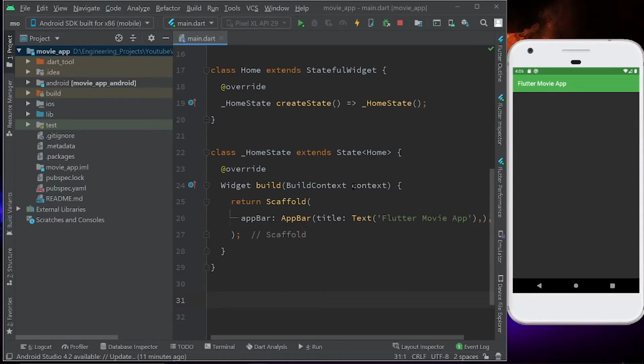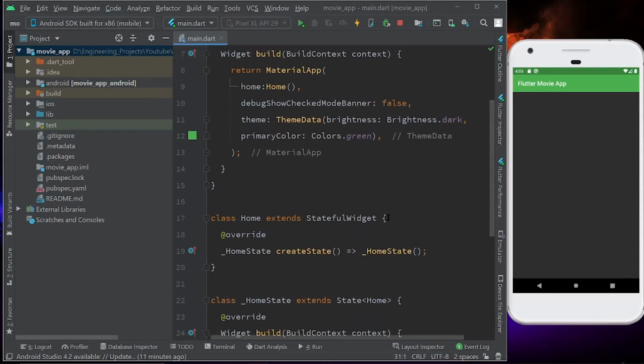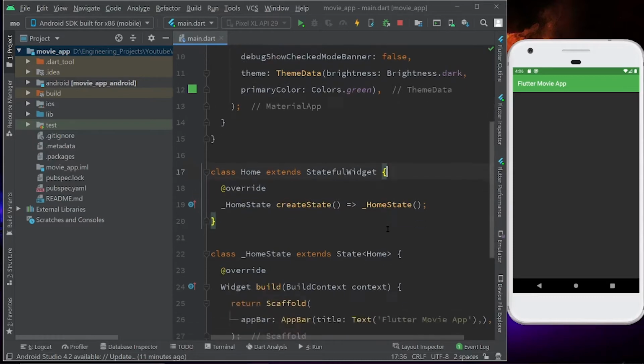So, first of all, as you know that the movies, let's say I'm first of all fetching the trending movies, right? So, in trending movies, it is going to return me a list, right? I'm going to get a list of movies. So for that list, I'm going to store that list in a variable. So let's create that variable in my class.